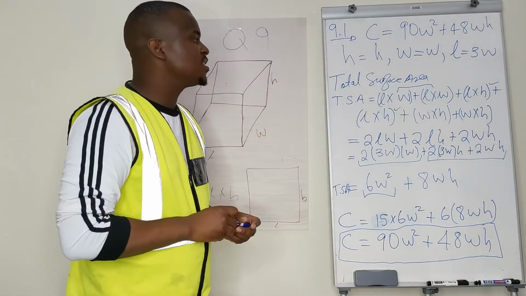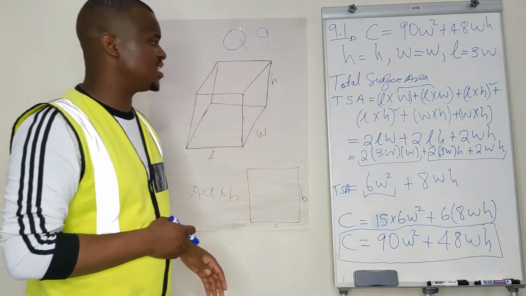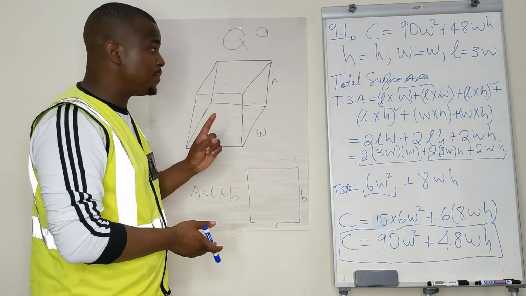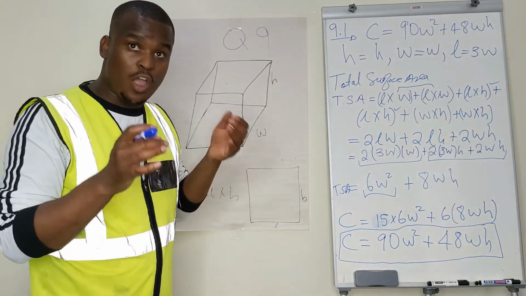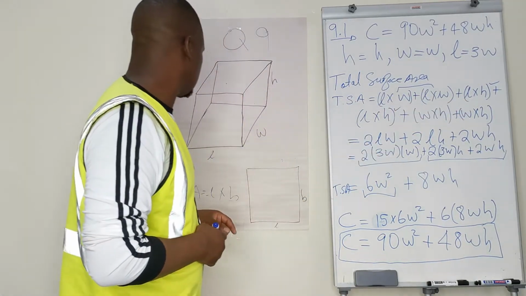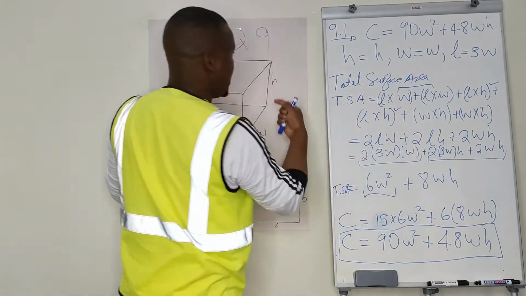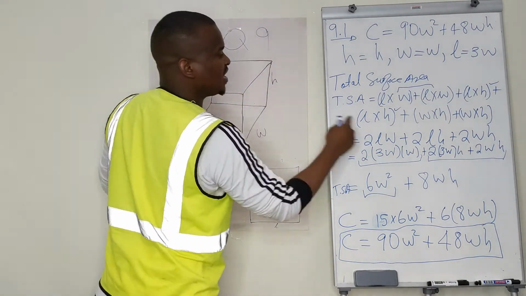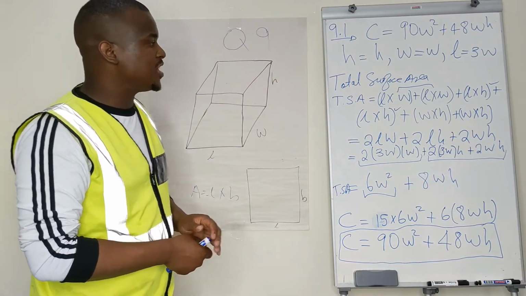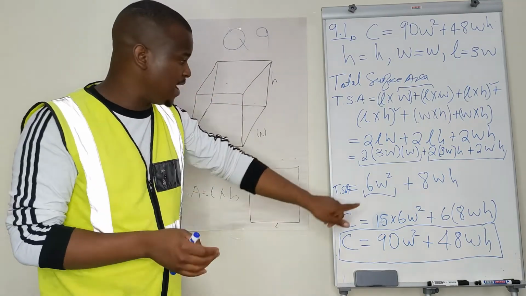So the most tricky part is calculating the total surface area. If you understand how to calculate the total surface area, you must add the area of all sides. But keep track of which ones are your base, because this was our base, this is our top, this is our L times H, L times H, it was our front. And the other one is the back. So you know that once you get the area of the top and bottom, you multiply it by 15